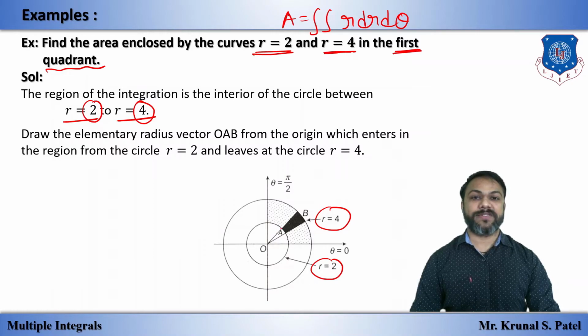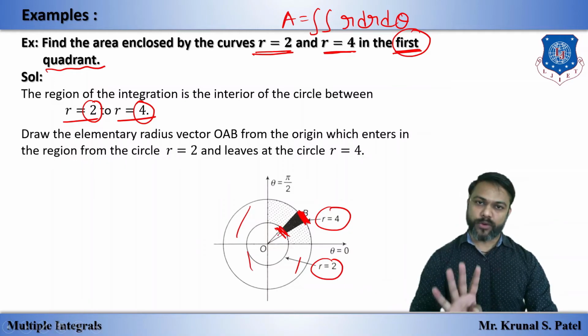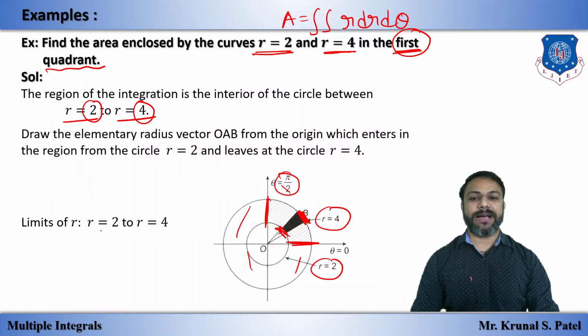As we have discussed, we will start with the origin, but here there are two curves, so that gives the limit of r, and theta is in the first quadrant, it is already mentioned. If this sentence is not mentioned, then we have to take all 4 parts, so we would calculate only the first quadrant and then multiply by 4. But here it is mentioned first quadrant, so no need to multiply by 4. So theta is from here to here in the first quadrant, 0 to pi by 2. So we have r from 2 to 4 and theta from 0 to pi by 2.